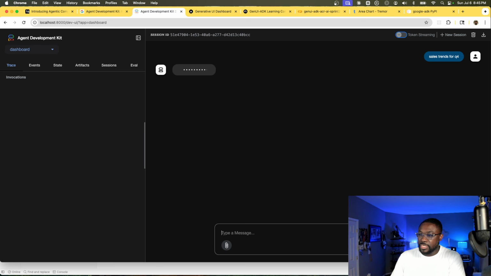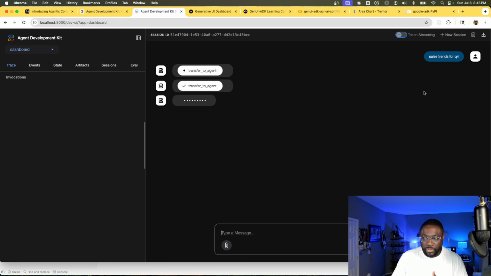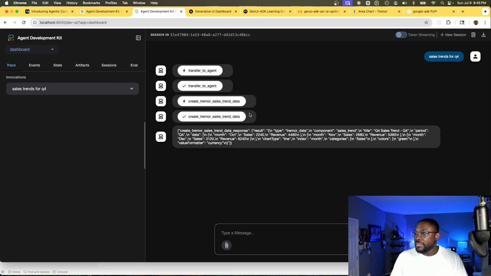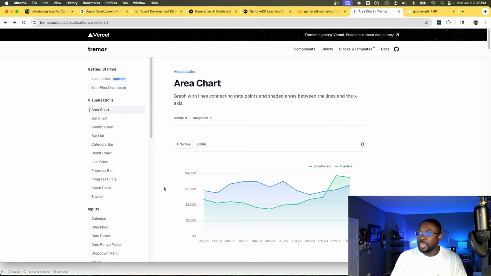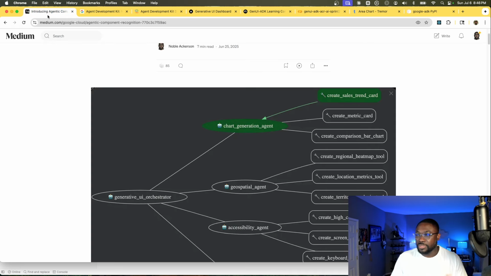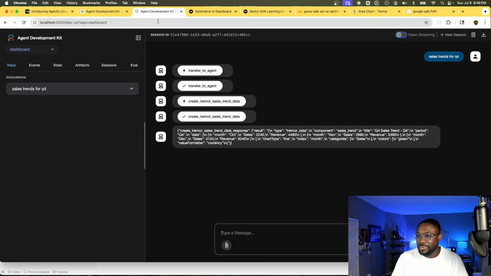So in natural language, I might search for a query like this, which would just go back to my data lake or Snowflake or wherever things are. I happen to be using something called Tremor, which is a React library